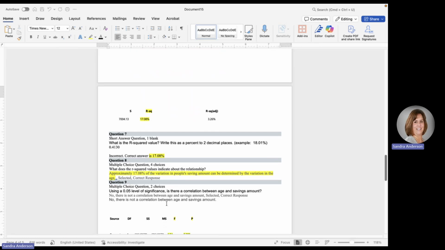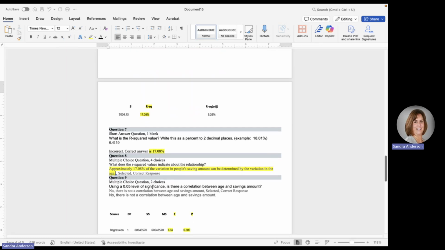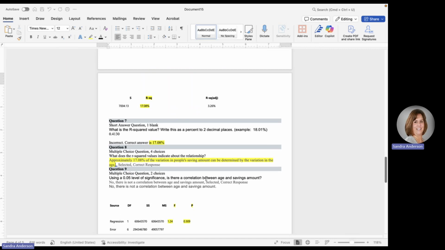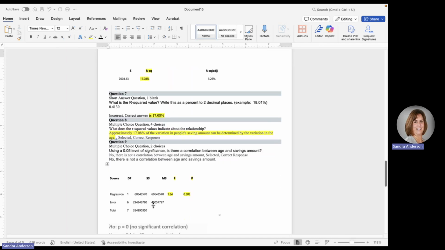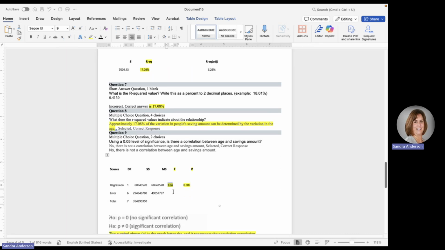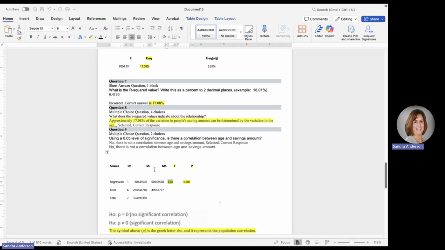To move on, the next question is using a 0.05 level of significance, is there a correlation between age and savings? So this is where we need to run this. This came from our first use in Minitab. We got the p-value and we got the test statistic. So this is our p-value, 0.309. Our test statistic is 1.24. And if we are going to use the 0.05 level of significance to find out if there's a correlation, it's